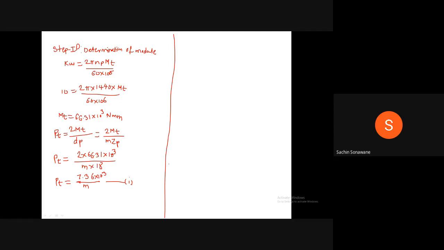Now we will calculate beam strength. SB is equal to M B sigma B into Y, which is equal to M into 10 times module into sigma B. What is our sigma B they have given? SUT is equal to 600. Therefore, sigma B is nothing but 600 divided by 3 into 0.308. Calculate SB in terms of M square. SB is equal to, equation 2.